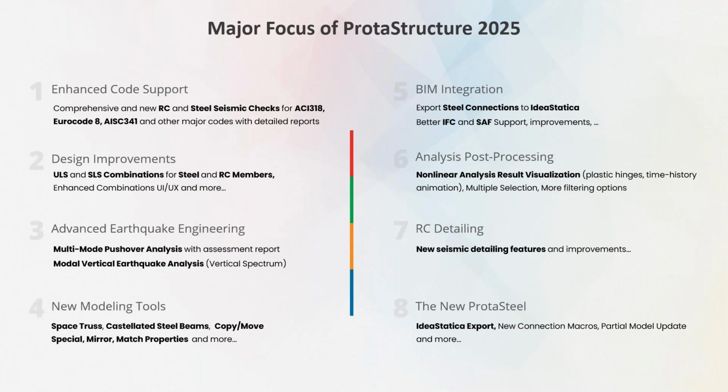ProtaStructure Suite is an all-in-one structural engineering software developed to support fellow engineers from all over the world. For this purpose, the code coverage of the software has been further enhanced with comprehensive new seismic code support for RC and steel buildings for commonly used codes including ACI 318 and Eurocode 8. Furthermore, dedicated combination groups for ultimate limit state and serviceability limit state checks in both steel and RC members have been introduced. At Prota, we are passionate about earthquake engineering and helping you to shape the world with safe